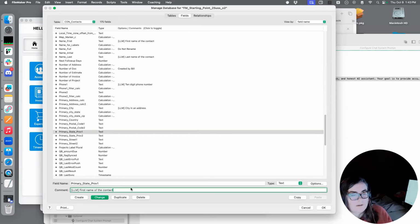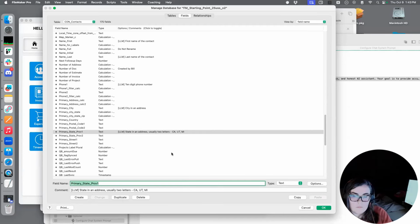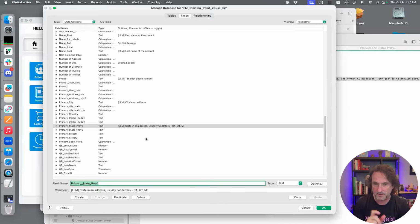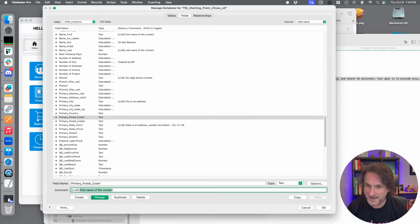Okay. So when we're describing things in the schema, do you keep it short? Should it be super detailed? You don't want to put in too much, just enough. A good rule of thumb is, if the field name is descriptive, like name first, that's probably good enough. It knows that, right? One of the common fields you sometimes see in financial data is a period, which is a month, and it's usually the 4-digit year and then a 2-digit month. If period is in there, that's not very descriptive. You're not sure what the LLMs may or may not know. So you might say, this is formatted 4-digit year with a 2-digit month, for example, and then you give it some examples. But if the field name is descriptive, that's all you really need. It's only when the field name is weird